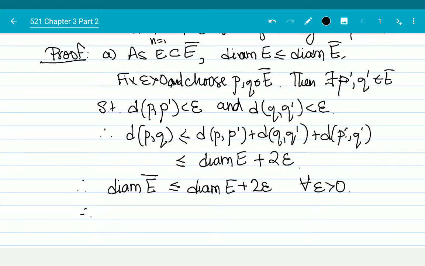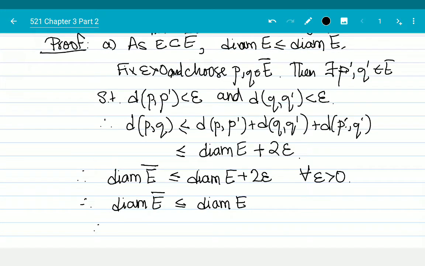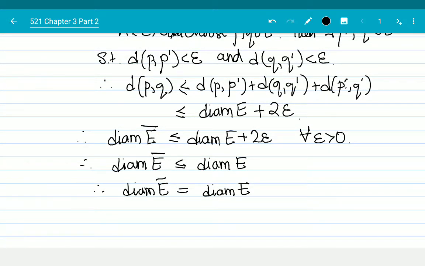And the only way that can happen is if diameter of e is smaller than or equal to diameter of e bar is smaller than or equal to diameter of e, and therefore they are equal. Therefore, diameter of e is equal to diameter of e bar. That proves part A. For part B, we know from before,